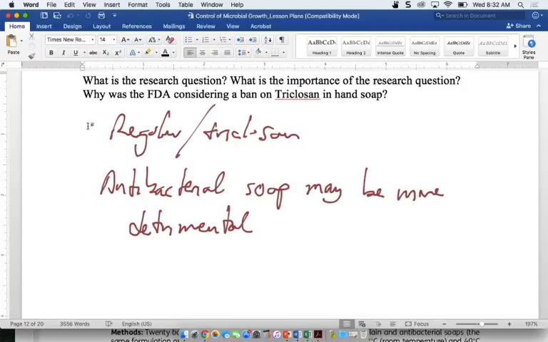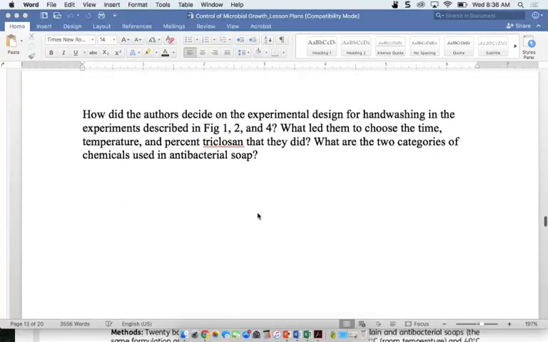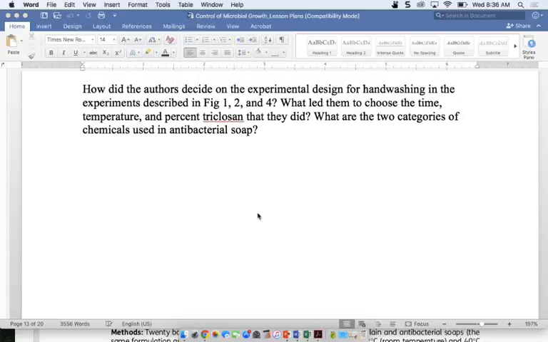All right. Let's move on to the second one. Who had this one? How did the authors decide on the experimental design? Okay, Ashley, go ahead. So figures 1 and 2, they also the temperature between 22 and 40 degrees because those were the